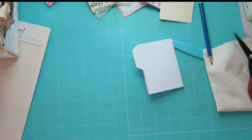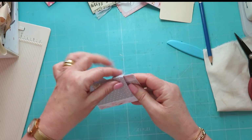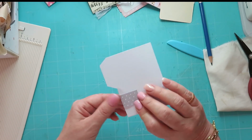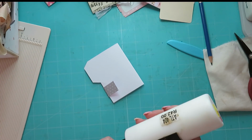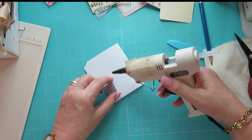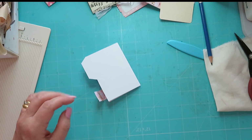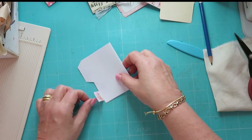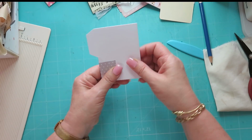I should have switched. Oh, it is on. Oh, I just realized I left my glue gun on, and I'm just going to glue this. Actually, let me use a gun because it's so quick, you know. So let's just, also makes a very pretty closure. Just glue that part down,